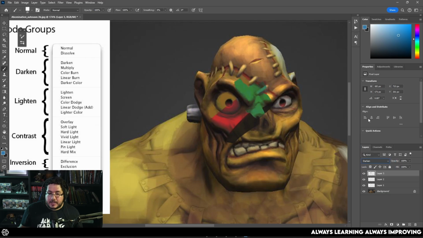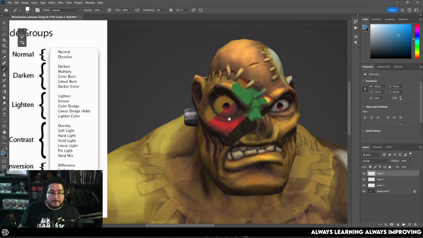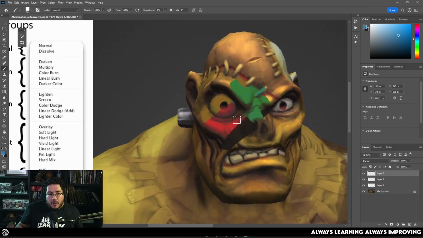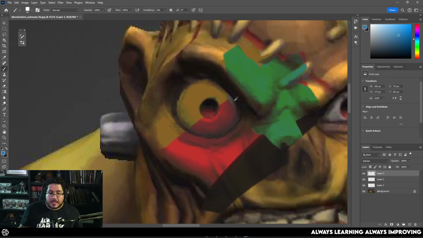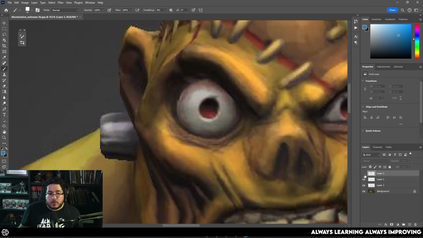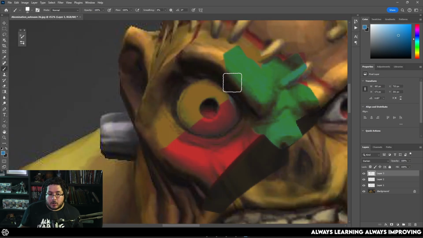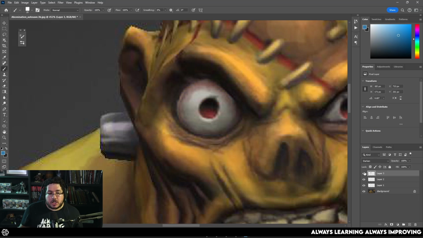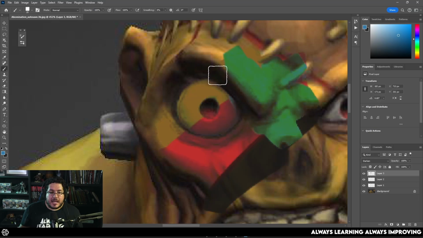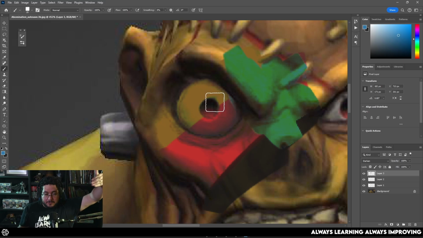And darken is a very, very common layer that you're going to be using. What the darken color does is it compares the colors on both layers and picks the one that is darker. Therefore, its name, darken. So in this case, for instance, you can see that when we turn on this new layer, the pixels on this part of the eyebrow do not change at all because those are the darker pixels, and it doesn't need to do any replacement with the colors on top of it because it's already dark. It's already very, very dark right there.